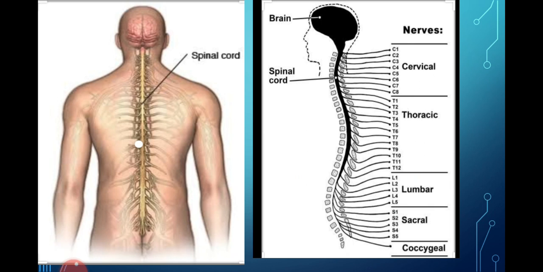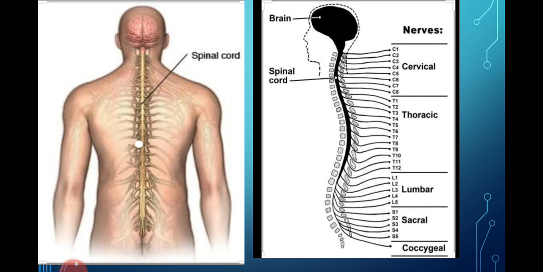Its structure all along its length is similar. The butterfly-shaped mass of gray matter present in the center of the spinal cord contains association neurons and other cells. Surrounding the gray matter is the white matter of the spinal cord, which is composed of ascending and descending neural tracts. Now these tracts are actually collections of nerve fibers and they connect the brain with the rest of the body. The spinal cord plays the role of a huge cable which exchanges innumerable messages with the central